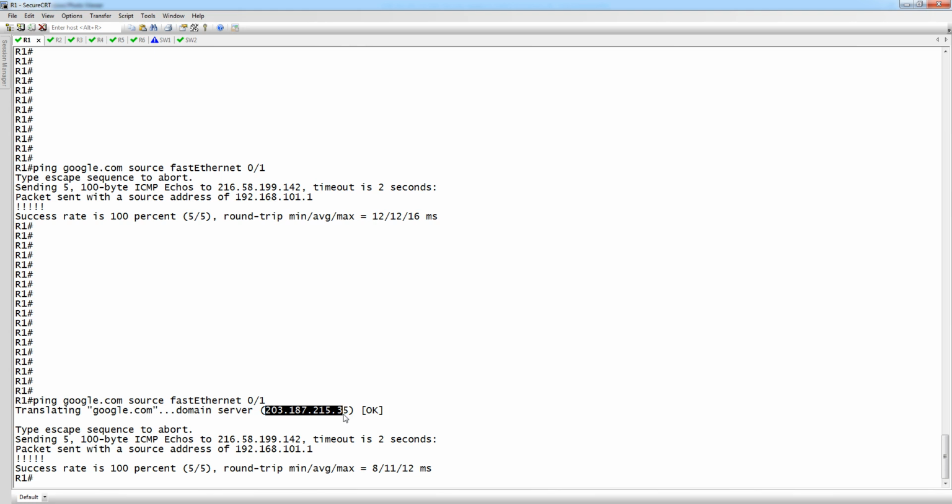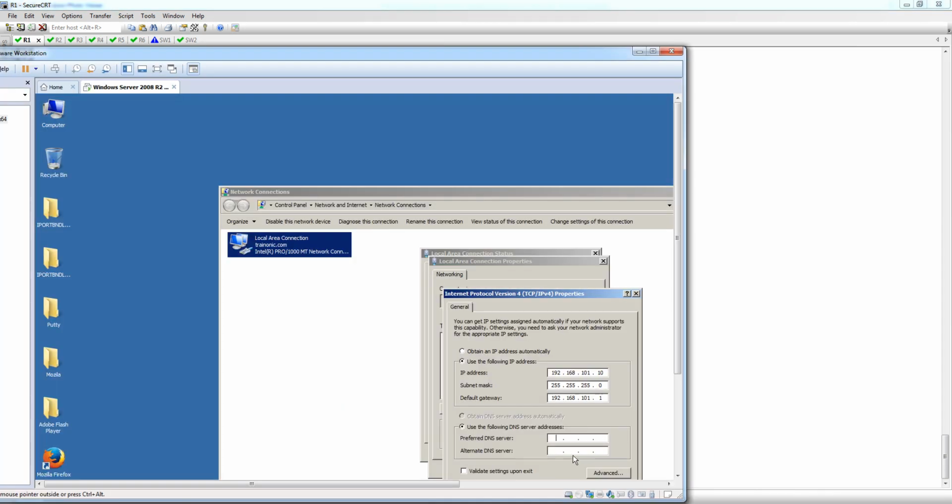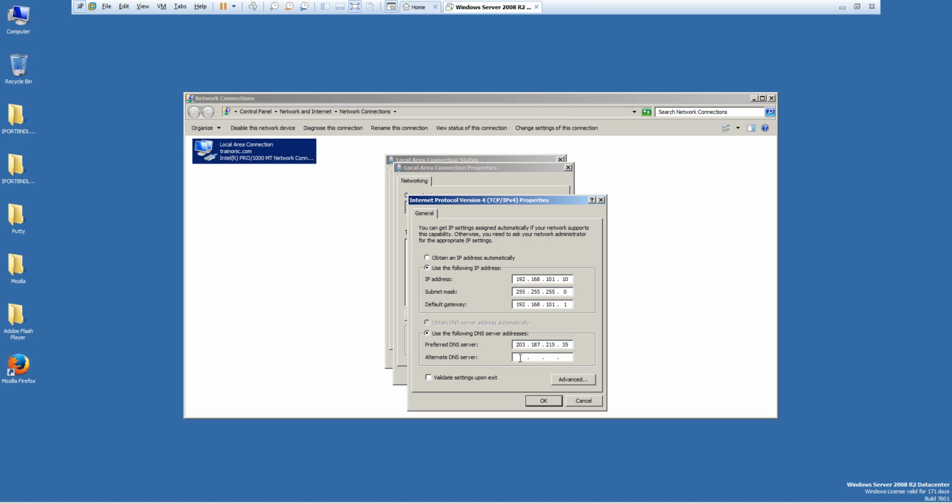You can copy and paste this one, and you can also define 8.8.8.8. Then OK.